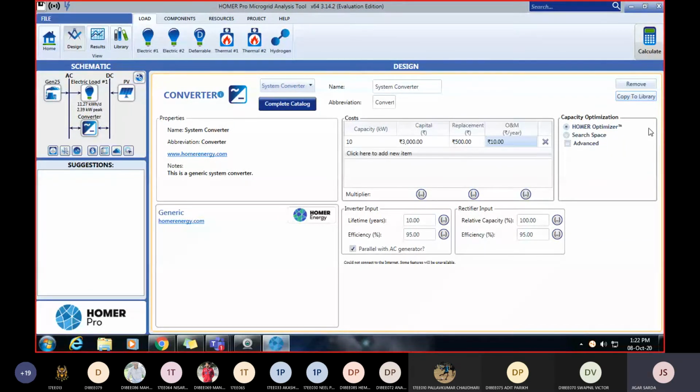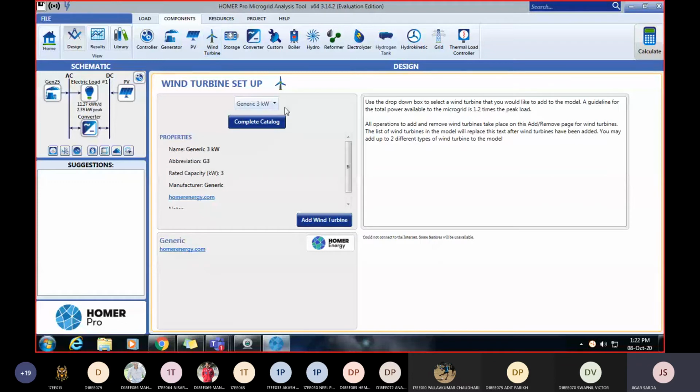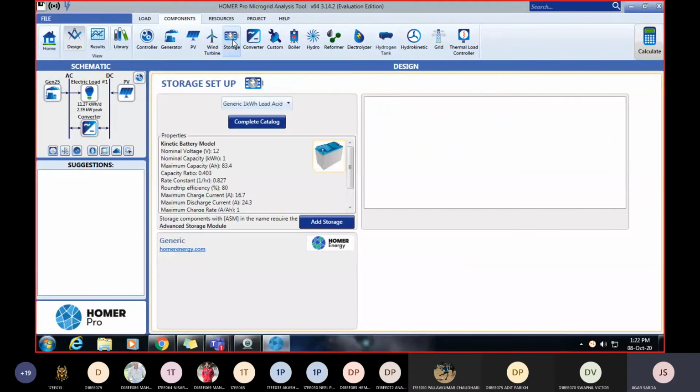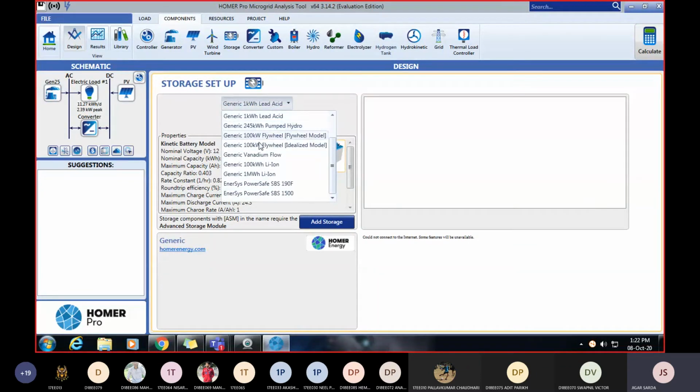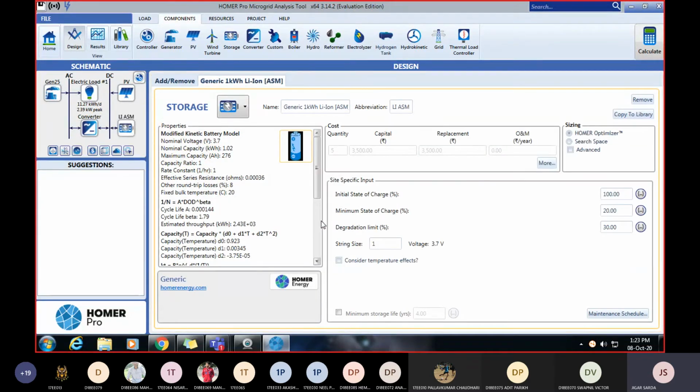By this way, you can start analysis. This is our basic information, right? Now suppose this is your system up to this. Suppose wind is connected, then select a wind turbine. What is the capacity of the wind turbine? If storage is connected, select a battery. Suppose here in our system we select the battery. There are different types of batteries, right? Lithium ion, lead acid batteries, flywheels. Suppose we select a 1 kilowatt battery. Okay, add storage.